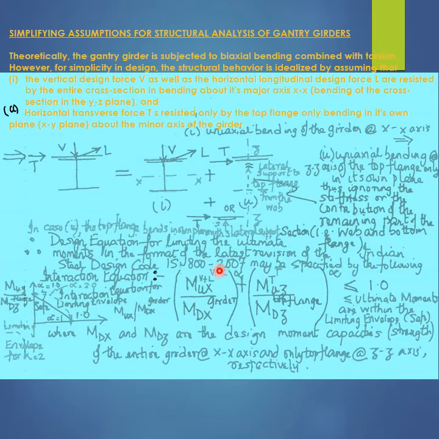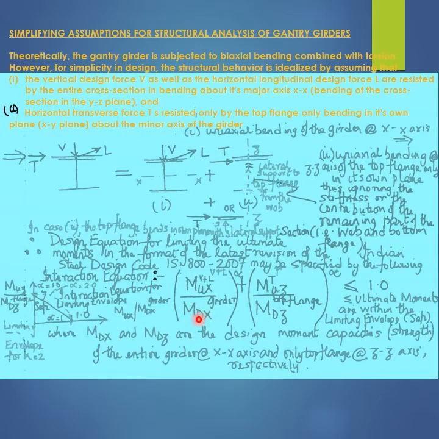relationship, wherein the term in the first curved parenthesis represents the ratio of the ultimate moment, that is ultimate bending moment, due to the action of the vertical design force V and the horizontal dynamic transverse force L about the major axis XX of the girder cross section to the corresponding design moment